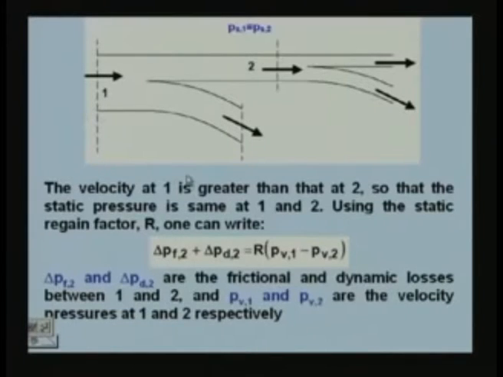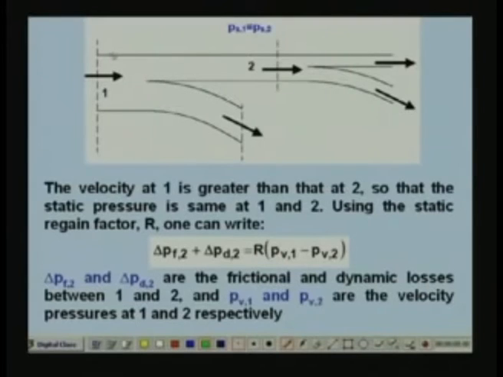Let us say that this is a typical duct run. Let us say that air is coming here and you have one branch here, and then you have the upstream, downstream and the branch. So, what is done in this method is, for example, if I am talking about the downstream, you have velocity at section 2 as V2, let us say, and the velocity in section 1, that is upstream, is V1, right. So, what is done in this method is V2 is reduced, that means V2 is less than V1.